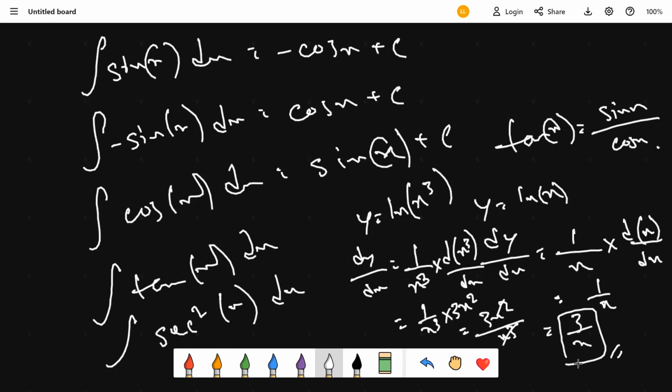That means if ln of x cube is differentiated to get 3 by x, then integrating 3 by x should give us ln of x cube, isn't it? Because that's what we should have gotten. So writing this in the reverse engineering process,